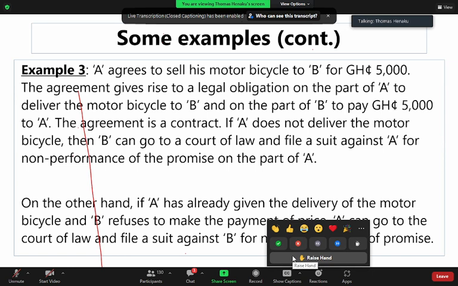So B can go to court. And then likewise A, bringing the delivery, and then B says, well, I'm sorry, I don't have money to give you. A can go to court. Why? Because similarly, A has performed his part of the bargain. He could have actually said, look, I'm selling this thing to somebody else,